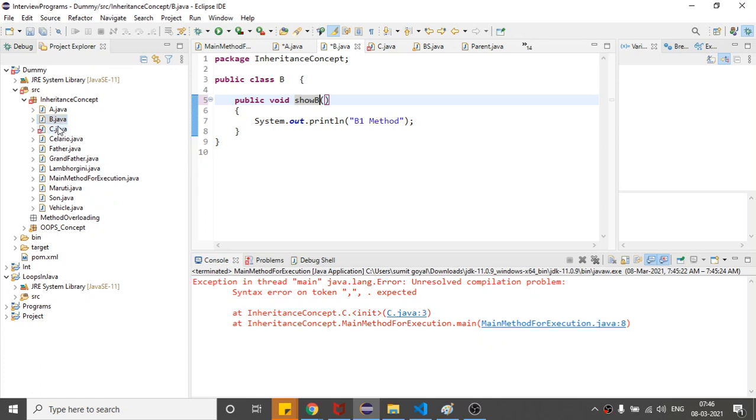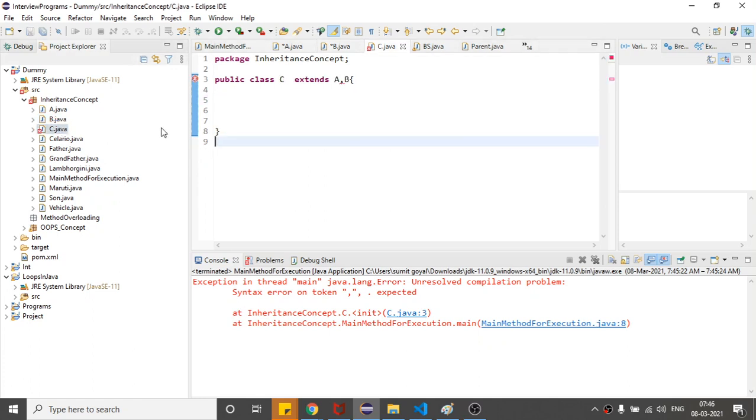So basically multiple inheritance is not possible in Java, so we can achieve it with the help of interface. We have not discussed interface as of now. With the help of interface we can achieve it, so we will discuss it later, but with the help of class we cannot achieve it. Sometimes in the interview they will ask you how you can achieve multiple inheritance, so you can say that we cannot achieve it with the help of classes, but with the help of interface we can achieve it, right? So we will discuss this interface later. So this part is clear to everyone?